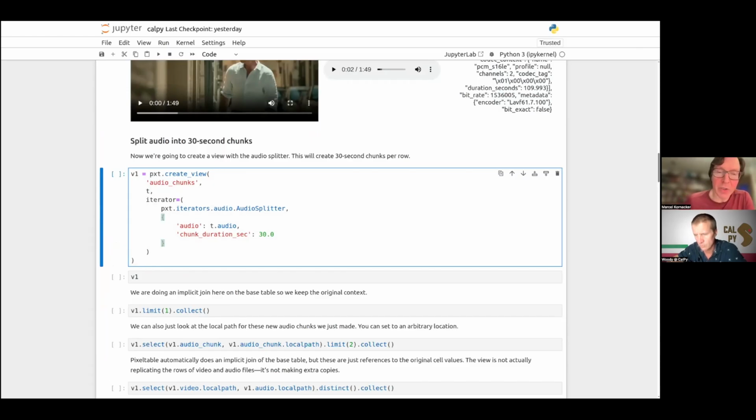And now we want to turn the audio into 30-second chunks. We're going to do that by adding a view that utilizes the audio splitter. The audio splitter is an iterator in Pixeltable.